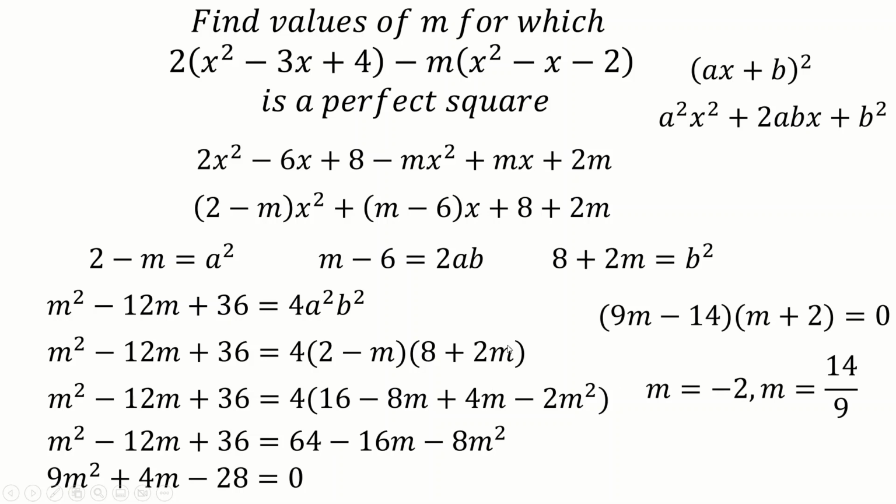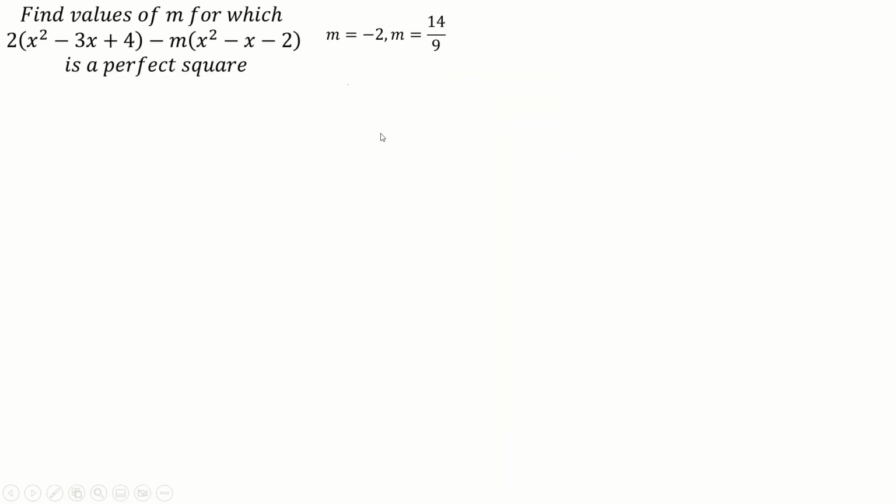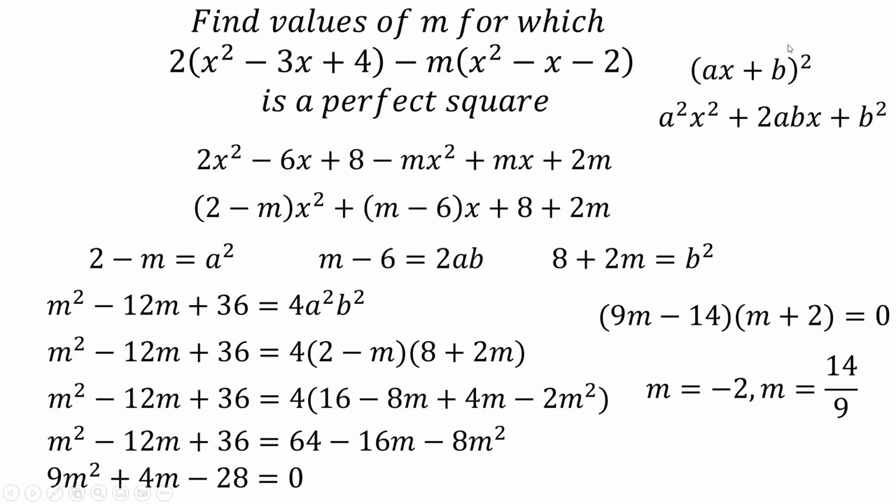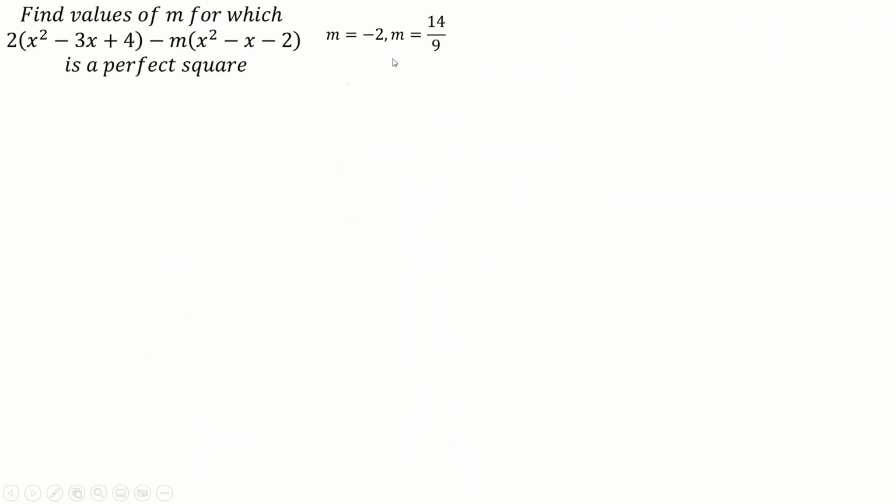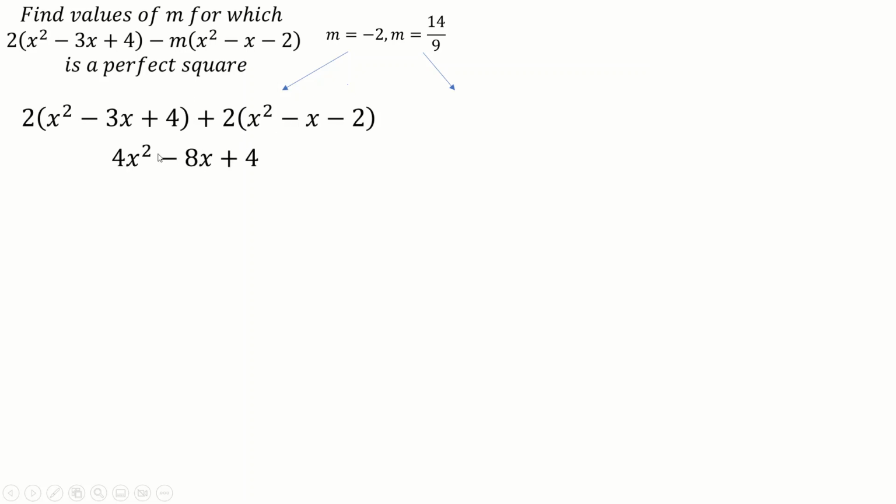We've got our two values of m, just doing a bunch of algebra. And what I decided to do here was figure out what quadratic thing this makes when m is these two values. So when m is minus 2, we put in minus 2 here, which gives us a plus 2 there. We can expand it out and simplify, and we'll get this. We can factorize out a 4 here to write it in quite a simple way. If you factorize out a 4, you get x squared minus 2x plus 1, which of course factorizes to